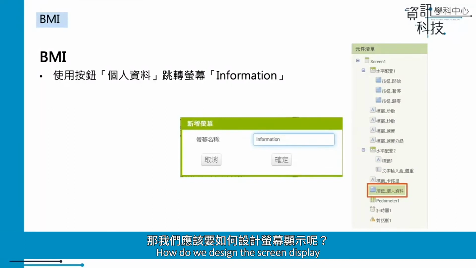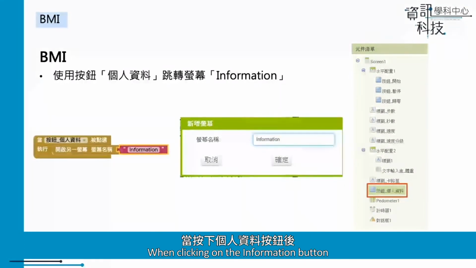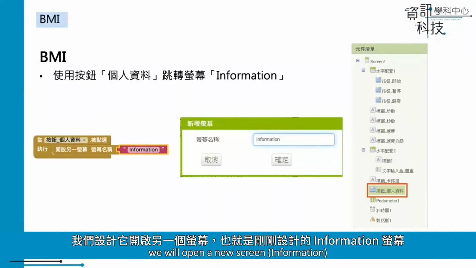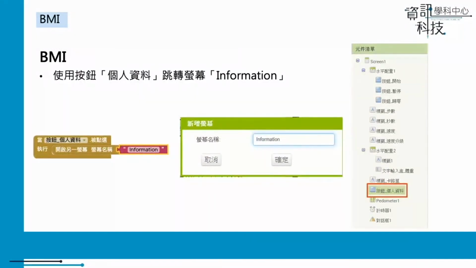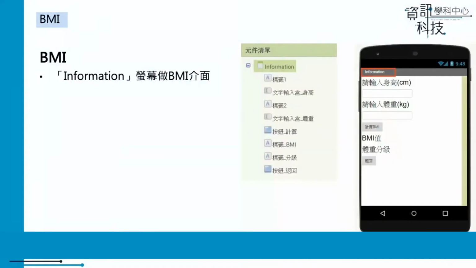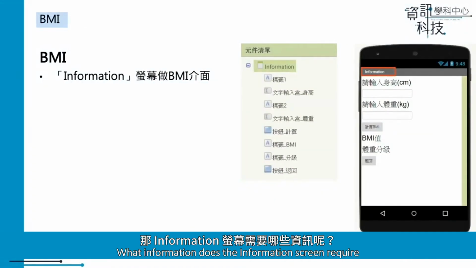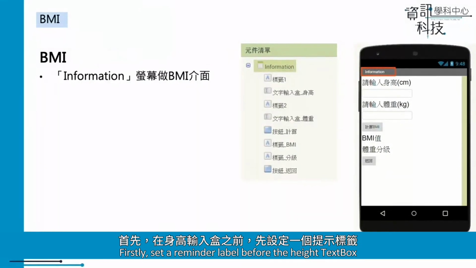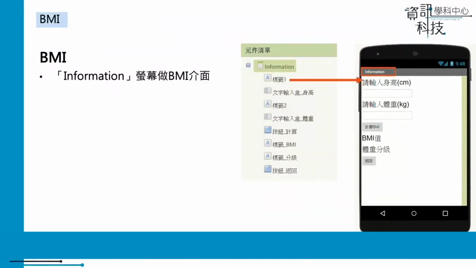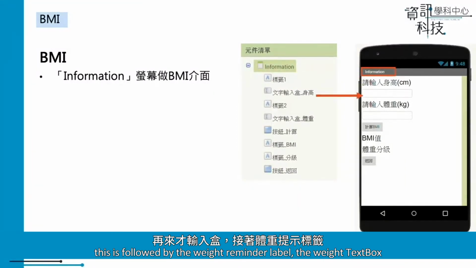How do we design the screen display? When clicking on the information button, we will open a new screen, Information. What information does the information screen require? Firstly, set a reminder label before the height text box. This is followed by the weight reminder label, the weight text box,